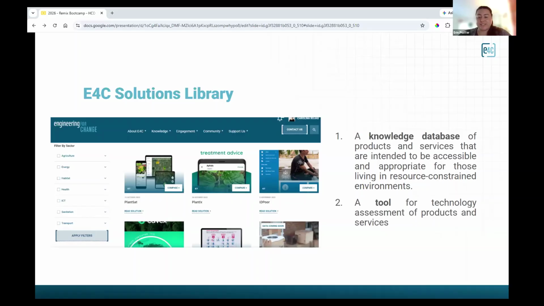ICT is probably of most interest to most of you. And within that sector, there's things like e-health and m-health that are further aligned with the tracks. Basically, it can be really helpful to understand what's already been tried and learning from existing solutions before you try to reinvent the wheel. So I encourage you to check out that resource.